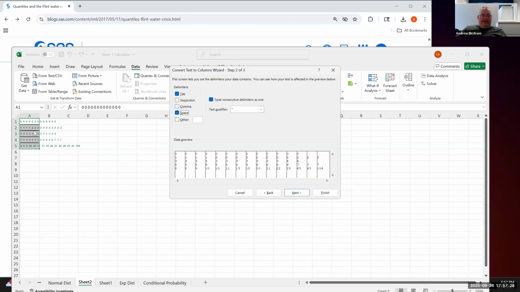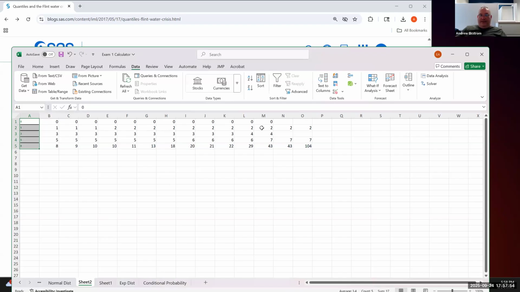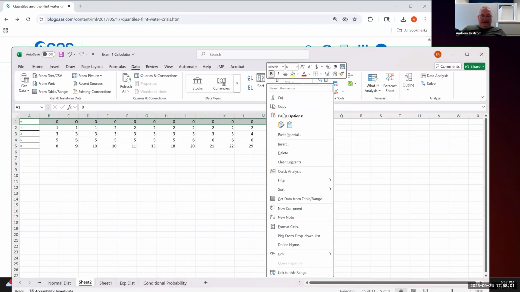So if you can see off on the left hand side here, all of these zeros that are in green are all in one cell, and Excel is treating that not as a whole bunch of zeros, but essentially as a word. We want to treat it as data and numbers. So I do all this stuff, click Next, click Finish, and now I've got all of this data set up. So now I can look at all of this and I can copy,